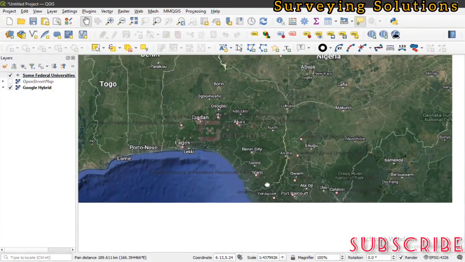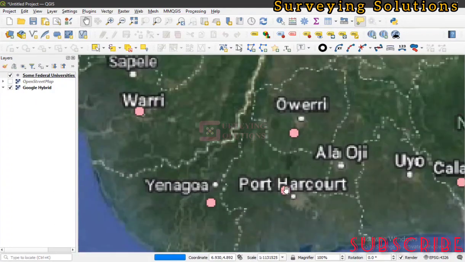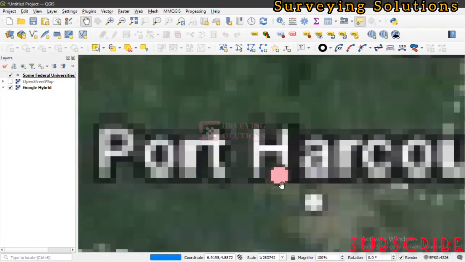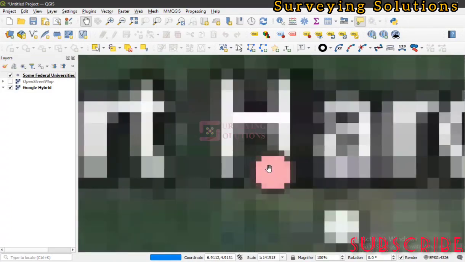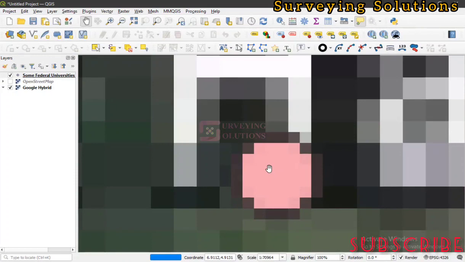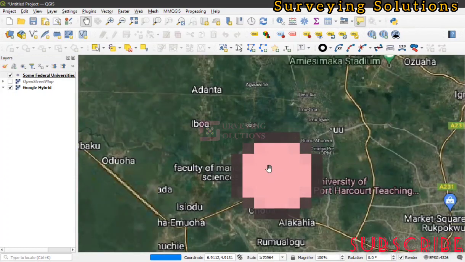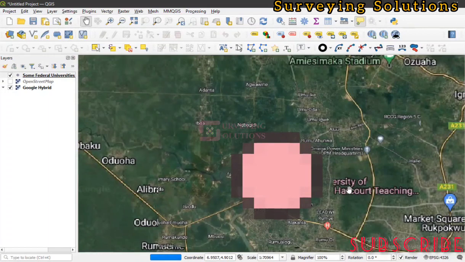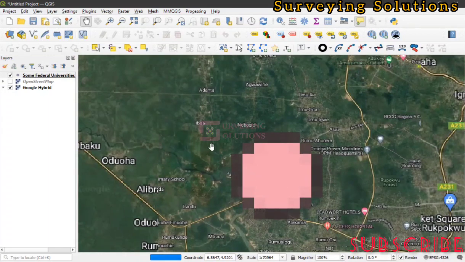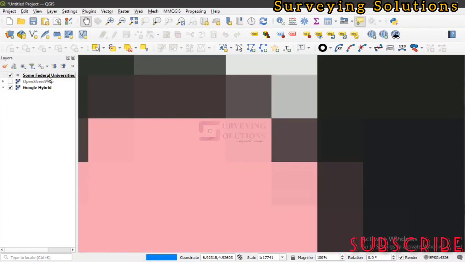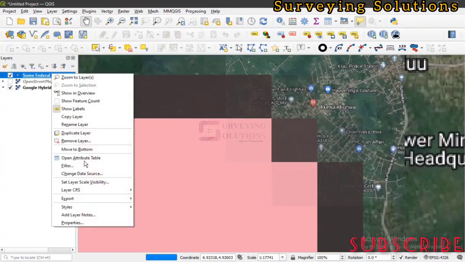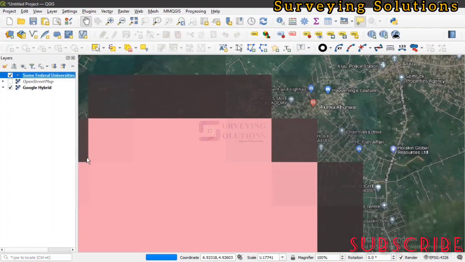Let's come to my beautiful state of Rivers State. Then let's locate the federal university there, which is the University of Port Harcourt, located at Choba, right? Good. So let's see how well that particular point falls, and you've seen the process of geocoding. We've actually seen, okay, that's the teaching hospital there, right? Good. So let's keep zooming in to see how that goes. We can rightly just come to the attribute table, right? Open attribute table,